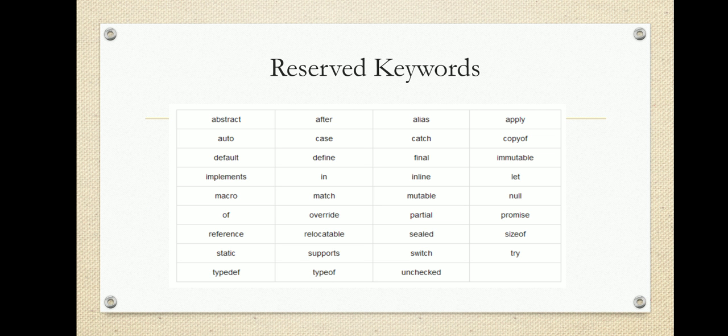Next we have keywords. Solidity keywords. We know the definition of a keyword. A keyword is a reserved word. It has a fixed purpose and a fixed meaning. The meaning of a keyword cannot be changed, right? The meaning is reserved for some particular purpose. Reserved keywords in Solidity include abstract, auto, default, implements. So many are there. Whenever we use them in our smart contract, we will explore that particular keyword. These are the list of keywords for Solidity.